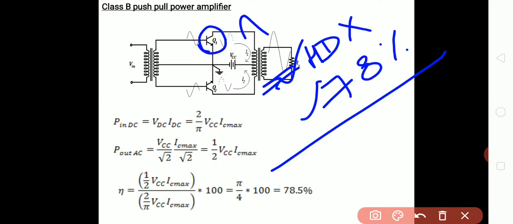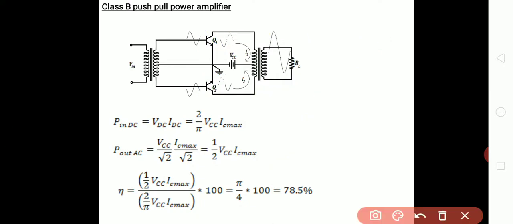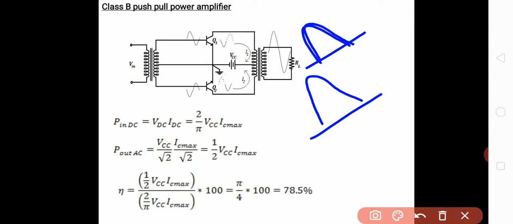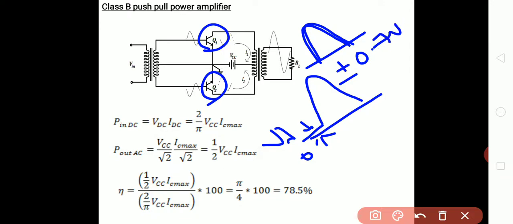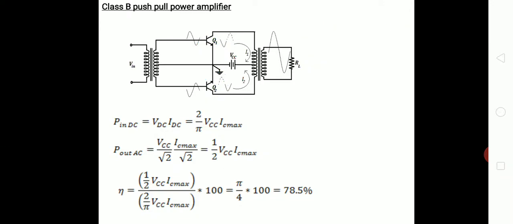during the positive cycle, this transistor is going to conduct during the negative cycle. As in the case of ideal, we can consider the transistor will conduct for the entire positive cycle. But in the case of non-ideal condition, the transistor is not going to conduct for the entire positive cycle. It is going to conduct only for this part of the positive cycle. And this value will be from 0 to V gamma. So either this transistor or this transistor is not going to conduct in between 0.7 volts, that is, in between plus or minus V gamma value.